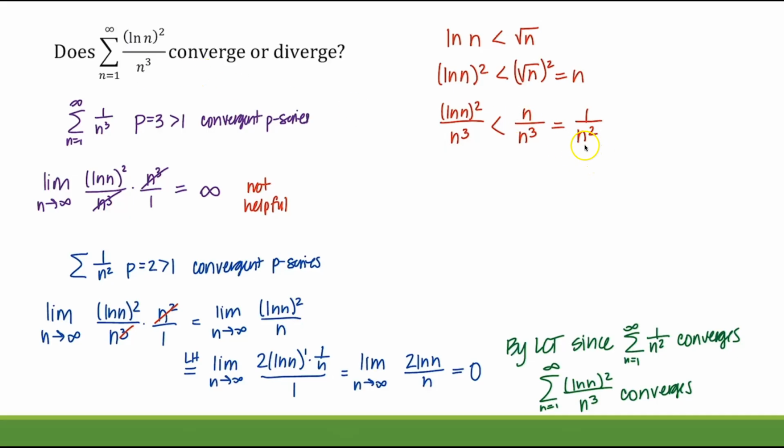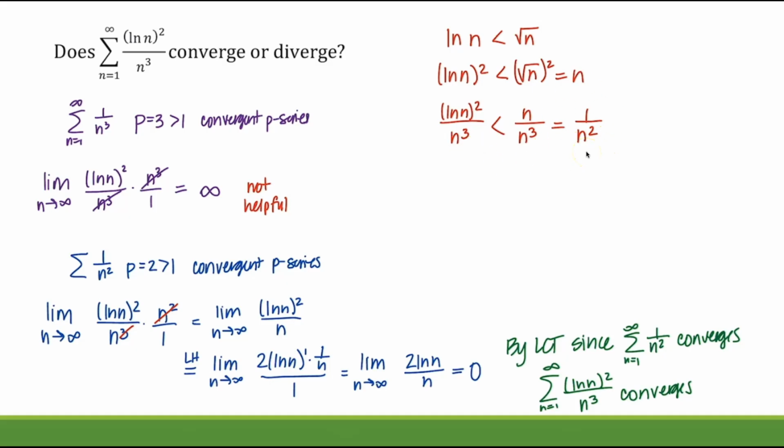So this is helpful because 1 over n squared is a convergent p-series when you think about the sum. And since that's greater than and convergent than this general term, then we know our series converges by the direct comparison test. So we could have used a direct comparison. It all starts with the idea that natural log n is less than the square root of n, of course, for positive numbers, and then our ability to go from there and create a comparison to a